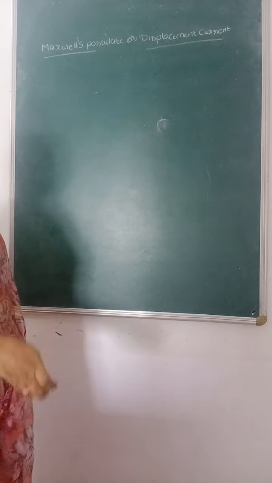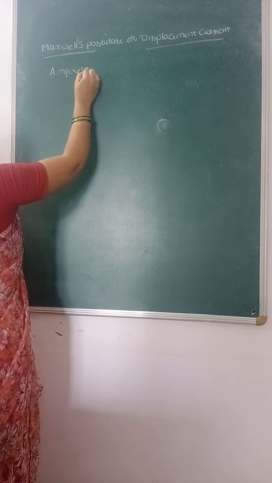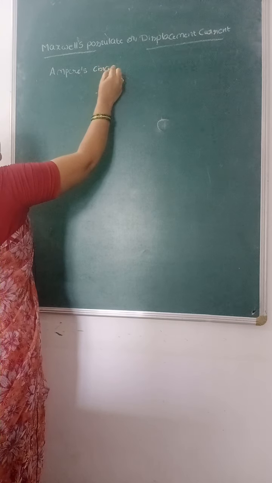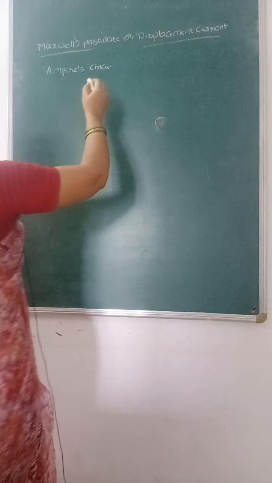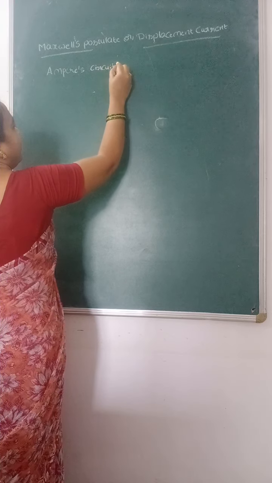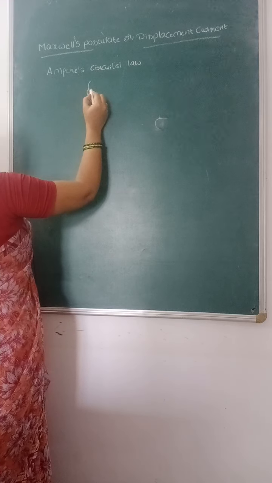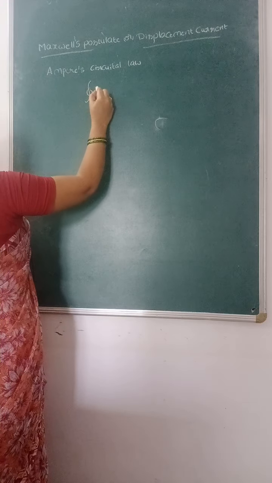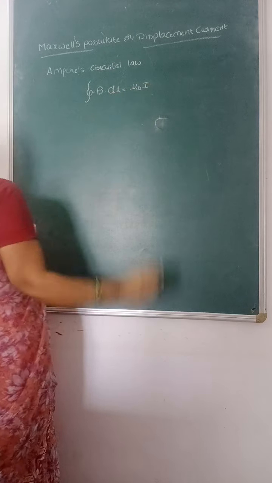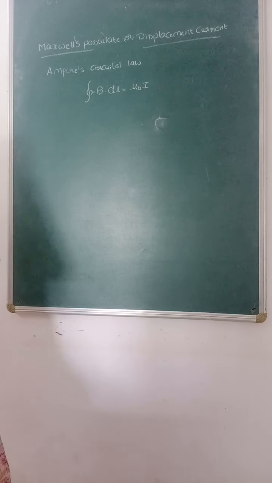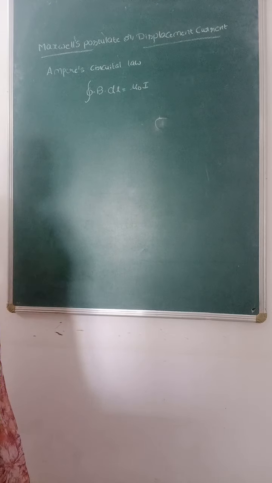According to Ampere's circuital law, what is Ampere's circuital law? The closed integral of B dot dl is equal to mu naught I. So the magnetic induction in a small current element dl is mu naught times the current passing through